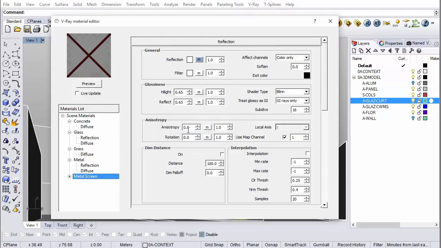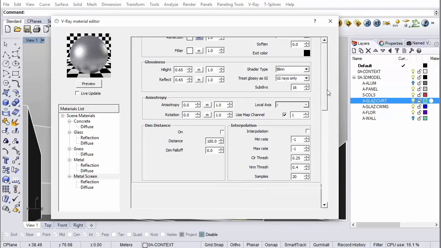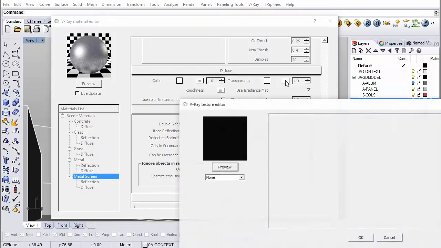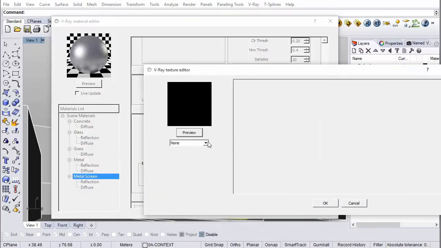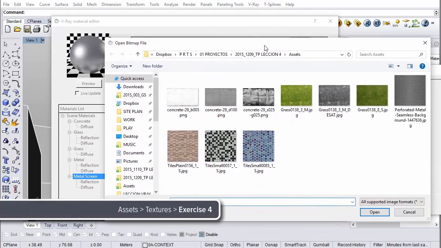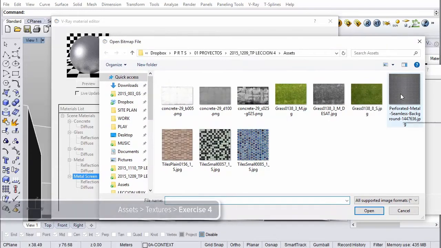So how do I introduce perforations into this material? I'm going to do that by adding a transparency map, which is going to control which parts of this material are completely see-through and which parts are completely opaque. Now, for the transparency map, once again, I click on the map, click on bitmap, and I go to my assets. And I've got a perforated metal material right here,